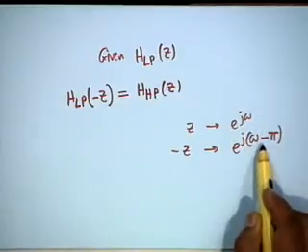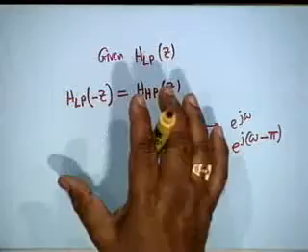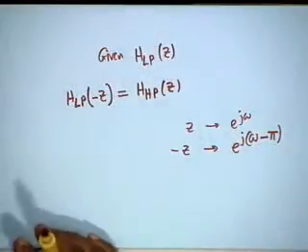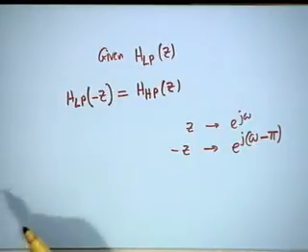Now, the magnitude will be 1 at omega equal to pi. So, the characteristic is just flipped over, and this is in general true, that in any low pass filter, if you change z to minus z, then you shall get a high pass filter.